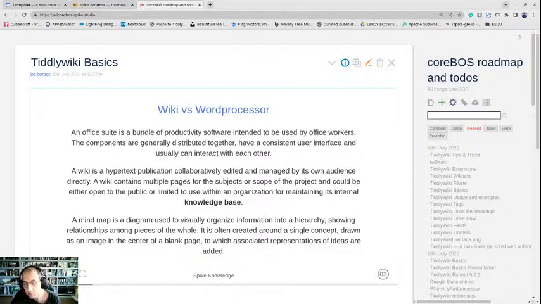But the real important part comes now, and it says, and it's for maintaining knowledge. And that is the whole point of the wiki. In a document, in a Google Doc or a word processor, you usually have something that is cohesively related. It's kind of like an essay, a book, something like that, where you kind of show one concept or one topic to some different levels of extent